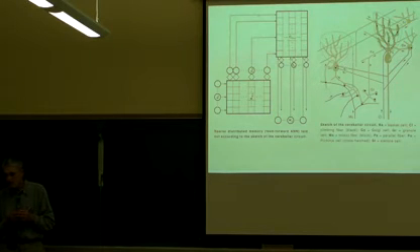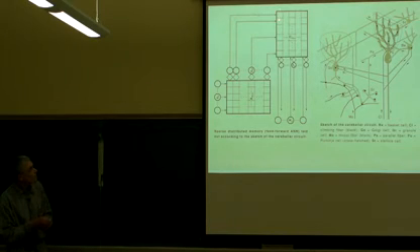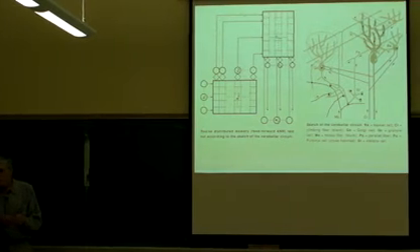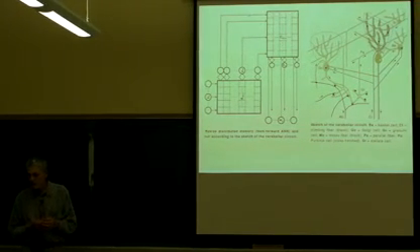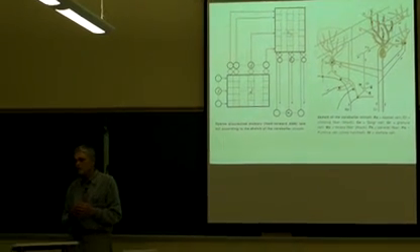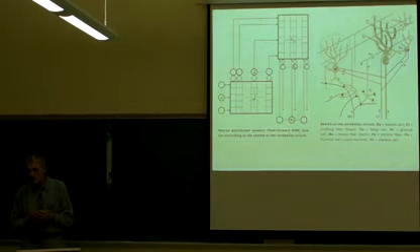So, if a parallel fiber is active, then it's going to increment or decrement the counter, in the presence of input from the climbing fiber. Yeah, and if the parallel fiber is not active, the vast majority are not active, then for all of those there should be nothing. Yeah, at that synapse, irrespective of what the climbing fiber is. So it's the parallel fiber that's gating the plasticity then. Yes.